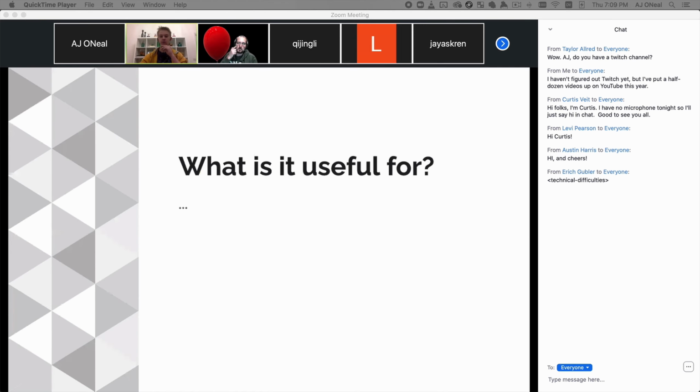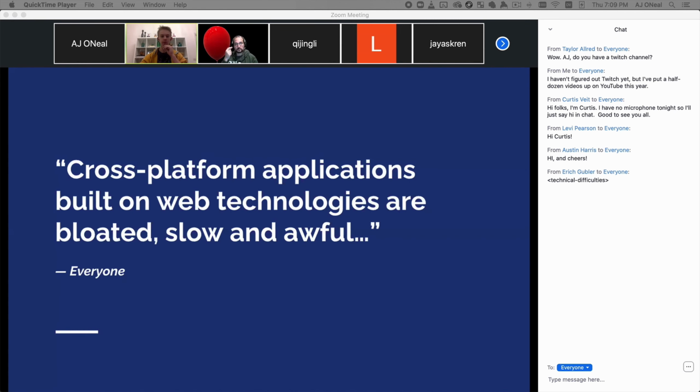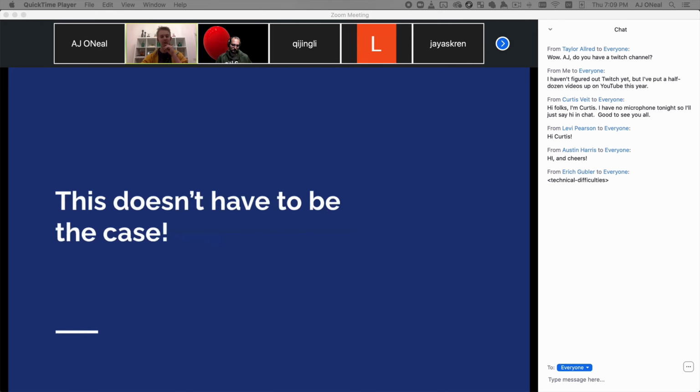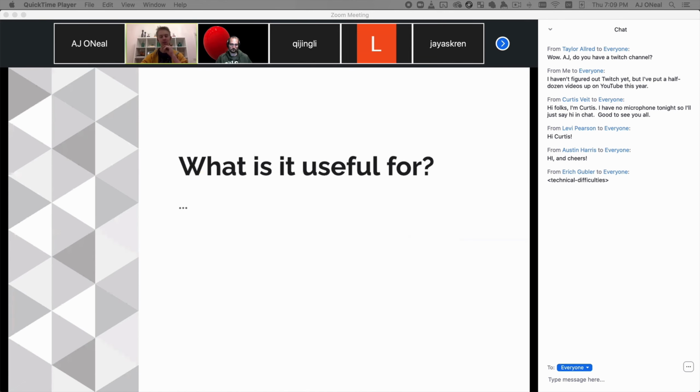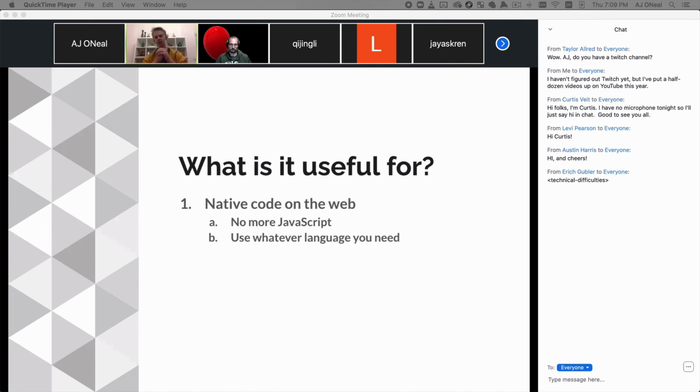So what is WebAssembly useful for? Well, we know that cross-platform applications built on web technologies are kind of bloated and slow and awful generally. So this doesn't have to be the case. WebAssembly is really useful for running native code on the web. If you've ever used Figma, that is an application that is written in C++, but it targets WebAssembly, which means you can use Figma in your browser, and it's really snappy